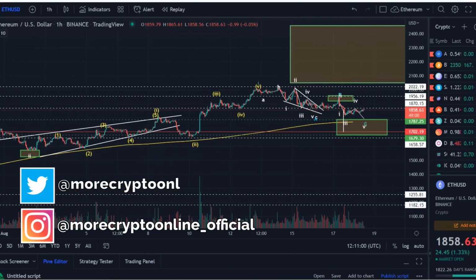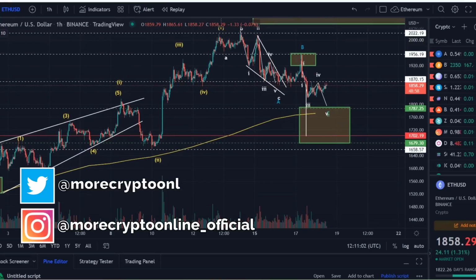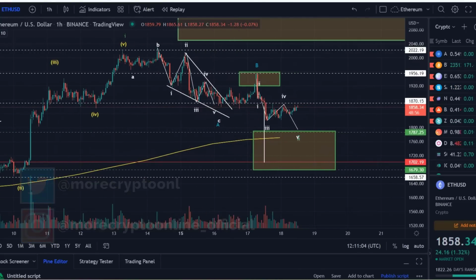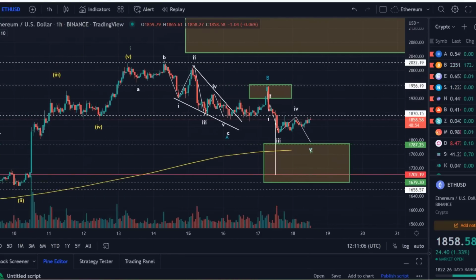So let's take a look at the Ethereum chart today. In this video we want to take a look at the most imminent wave count here, and for me at the moment there is no evidence yet that the low was in here. There are a few problems with the Ethereum chart in terms of this latest price movement to the downside in a wave 2. Yesterday we reached here in the wave B of the wave 2.